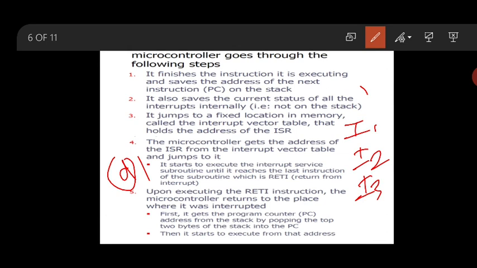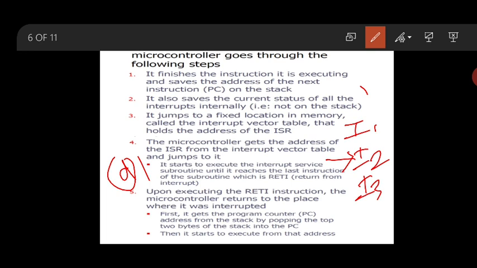Whenever it is jumping to the address D1, there is a next instruction, I2, and I3 is there. Then what will it do? It will send the address of I2, the location where it is stored, onto the stack.